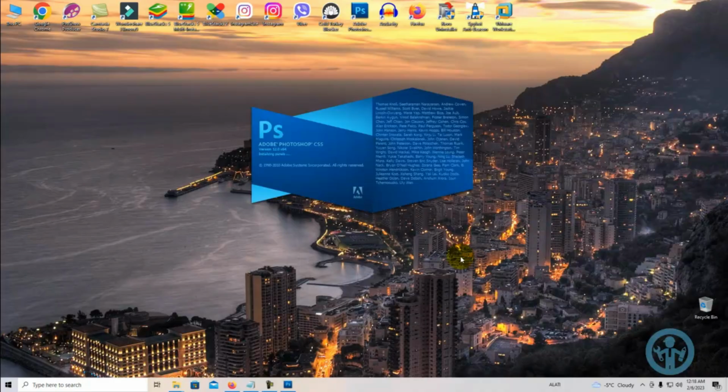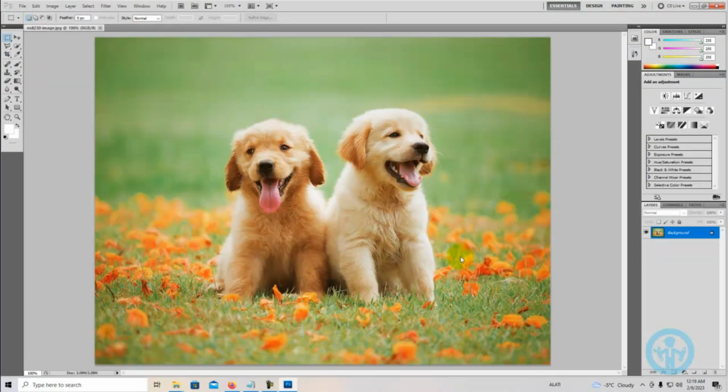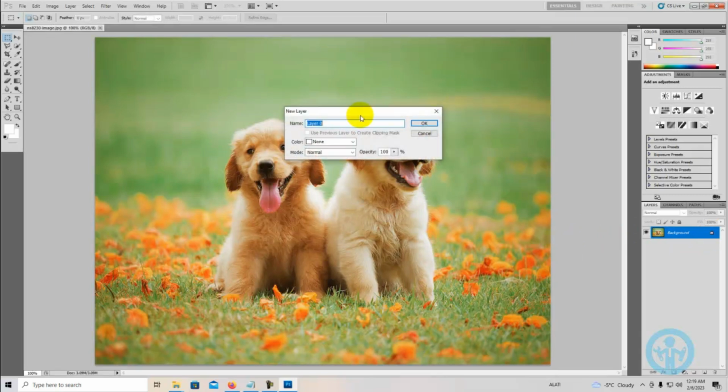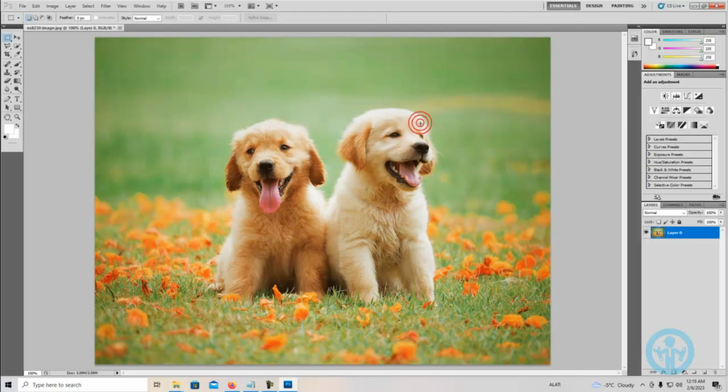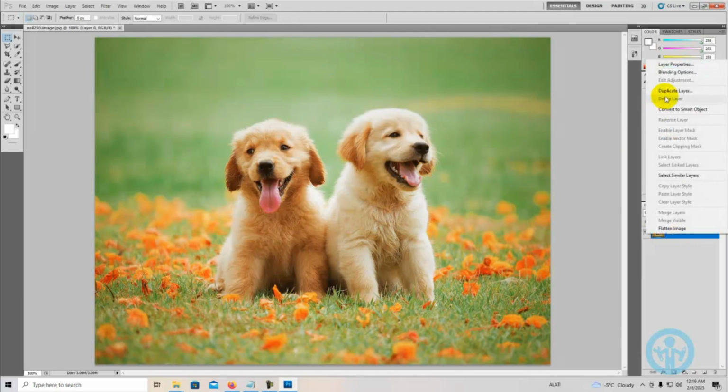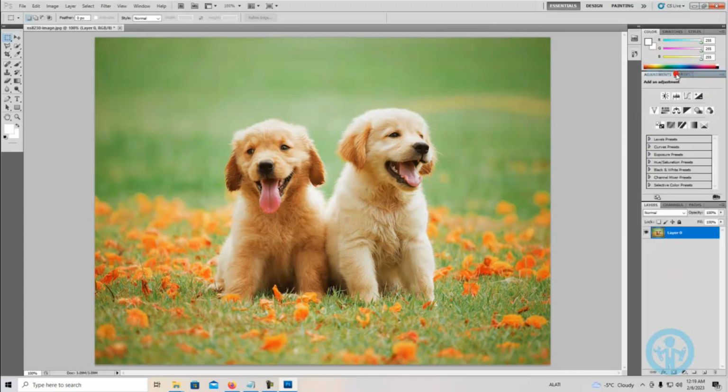We will wait a little bit and it shows up. What you need to do now, 2 times tick this here and hit OK. What you need to do now is right click and go to the blending options,